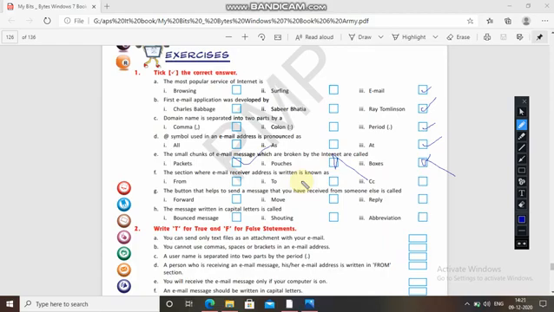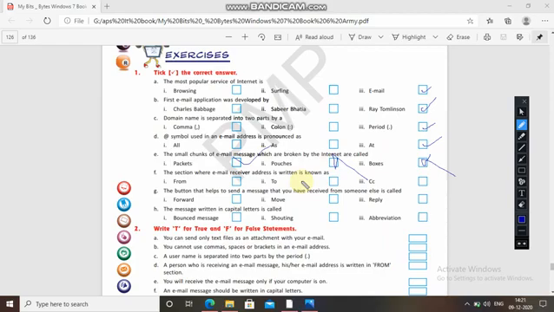If you are sending some message to another person, then you write in the address. And if you are receiving it, your address is written from the other side.